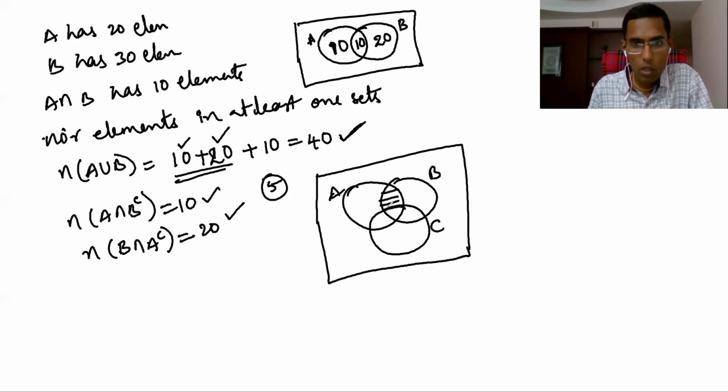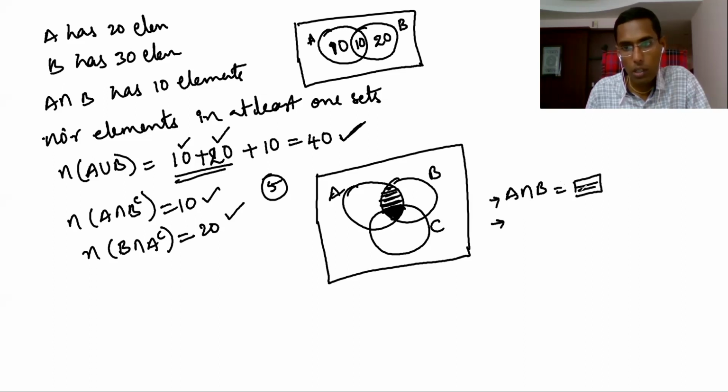Now here, this part, whatever I shaded now, you know what? The shaded part is A intersection B. So now this part is fully darkened, the complete black part. This is only the lines part. Now the complete black part is A intersection B intersection C. Common to A, B, C is the black part. This part is completely A union B union C. A union B union C is that part.